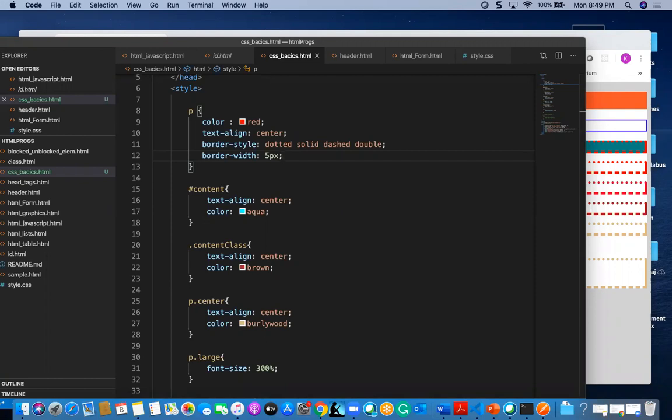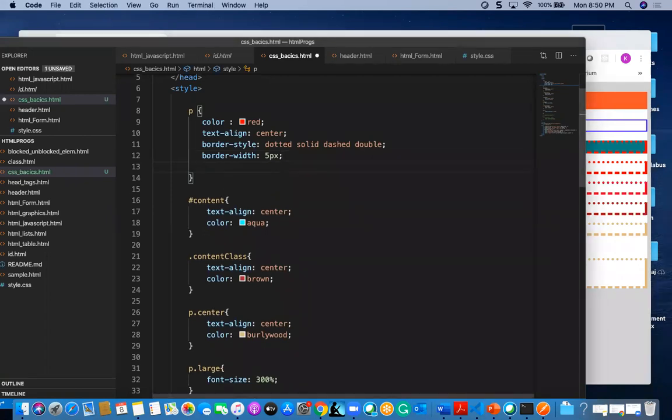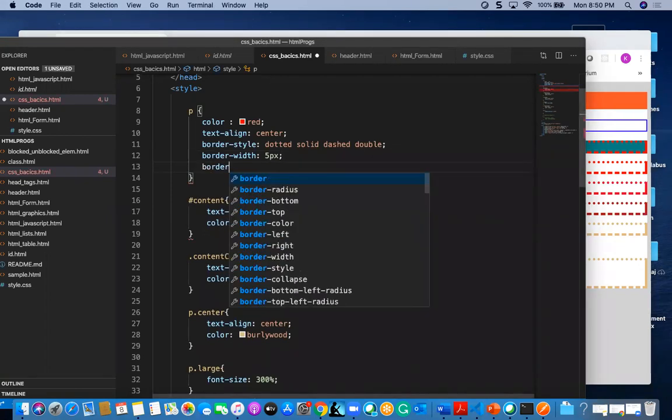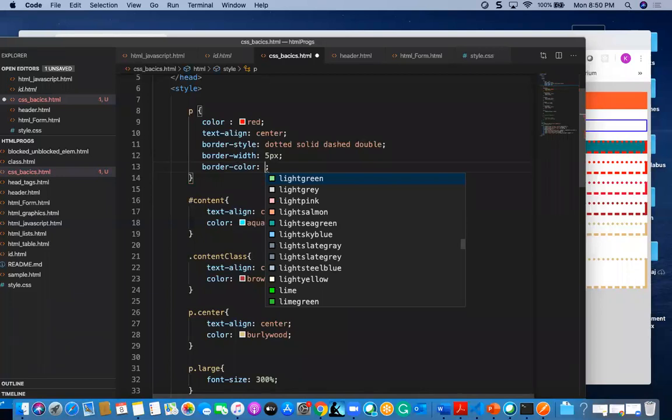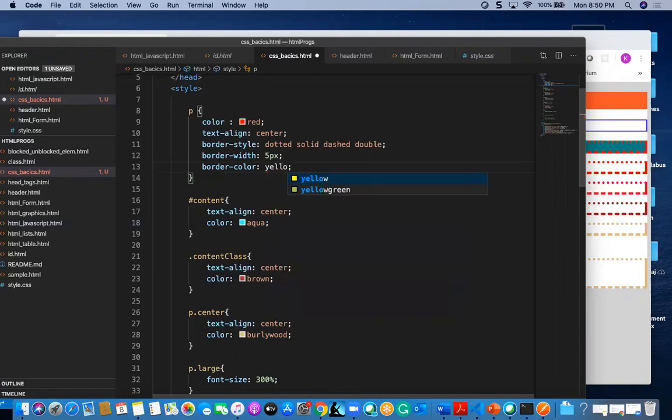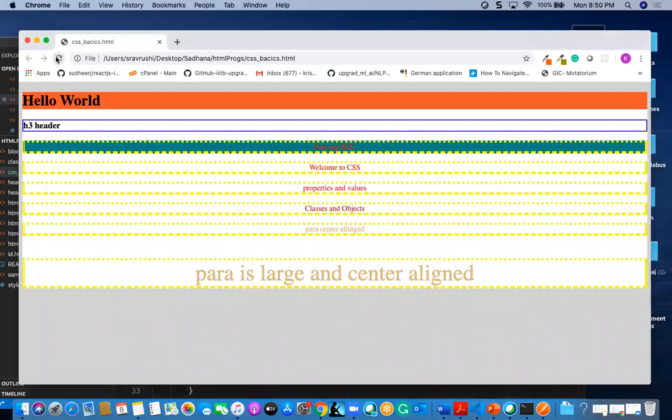And also we have border color. Border color we already saw. If we want to give border color, it's something like this: border hyphen color. I give yellow or something, and it is border hyphen color.